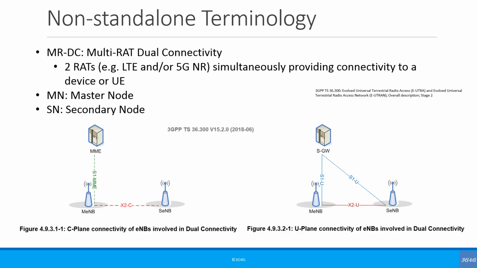The node that is connected to the core is the master node. This node exchanges all the control plane messages with MME. The secondary node sends all its control information to the core via the master node. When it comes to user plane, the secondary node can send the information directly to the serving gateway via master node,